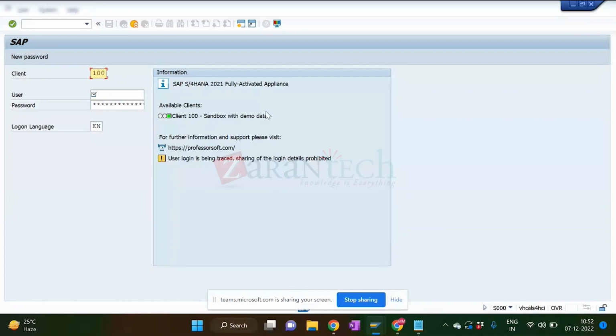client 100 is sandbox with demo data, client 200 like that. You will have different details and information here for every system, be it your project system also, you'll have the same. The client you are using is not your Tata Motors. I repeat, this is an SAP client, not your Tata Motors customer or client whom we implement. So what happens is